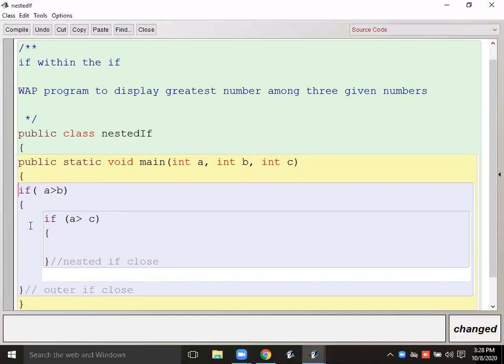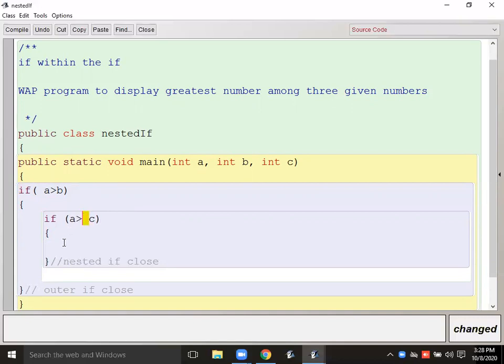Okay, see where I have placed this if block: in the body of this outer if. This inner if is placed in the body of the outer if. When the outer if is going to be true, then only this inner if is going to be checked. Otherwise, it will not be checked. Okay, are you getting my point?